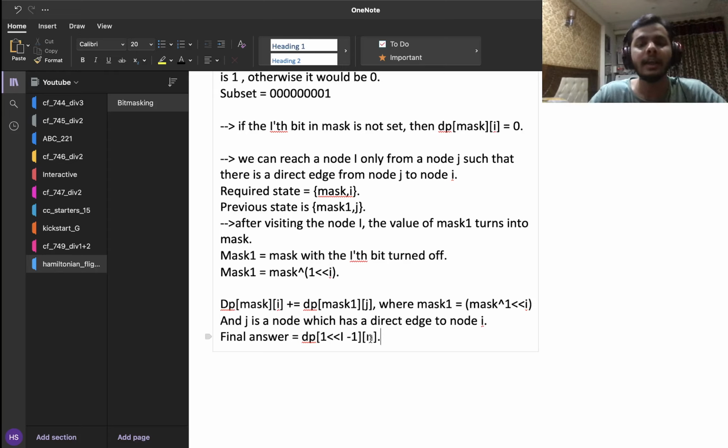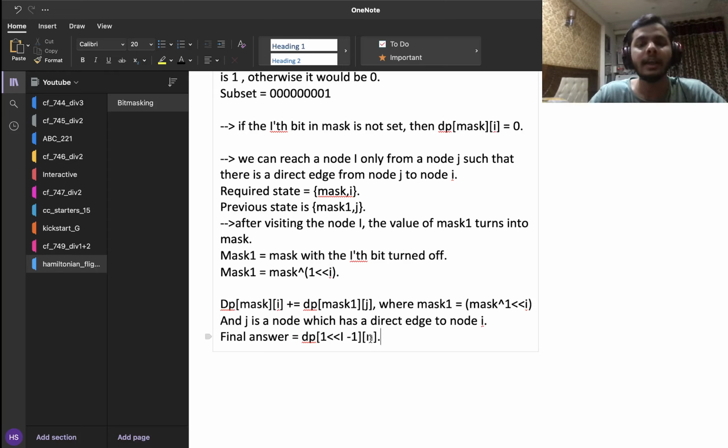So one smart thing which I do here is that when I input the first and the second node, I know that there is an edge from u to v, but instead of adding v in the adjacency list of u, what I do is I add u in the adjacency list of v, and this way I basically have a reversed adjacency list.